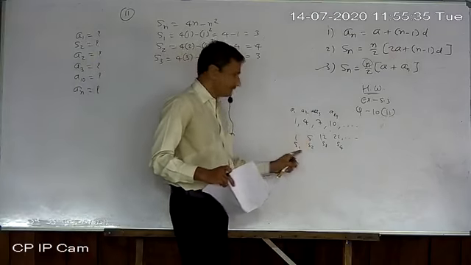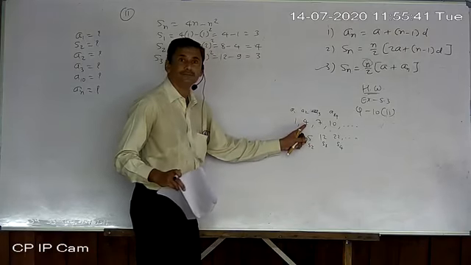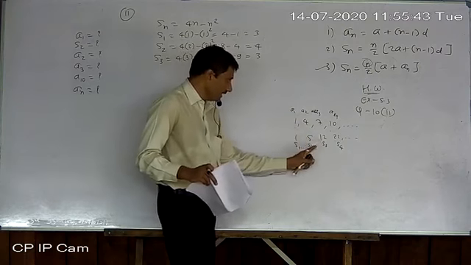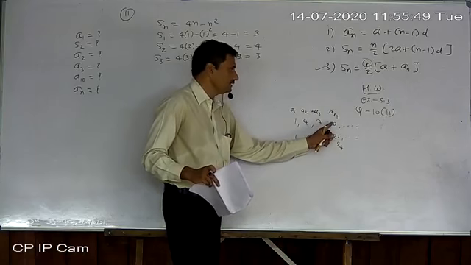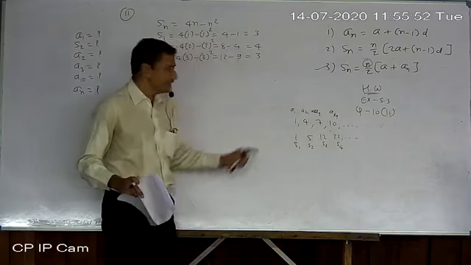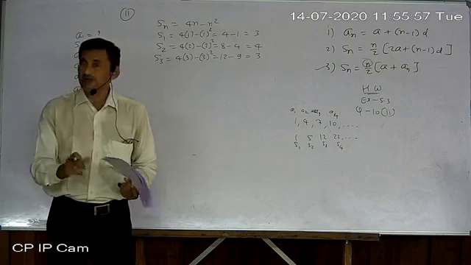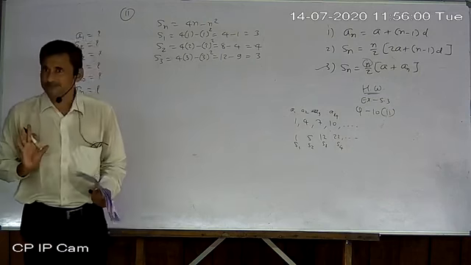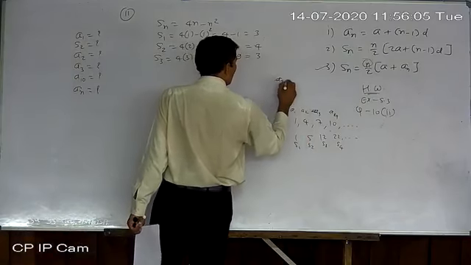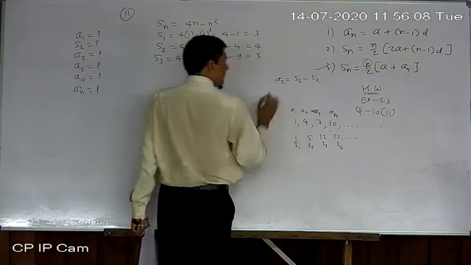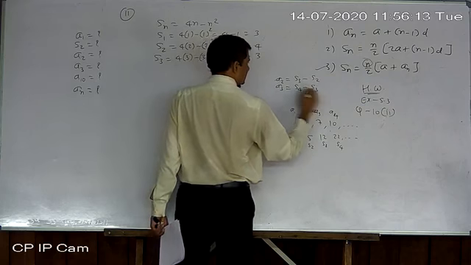If you subtract S2 minus S1, then you will get A2. If you subtract S3 minus S2, 12 minus 5, that is 7. 22 minus 12, that is 10. So you understand? If you have S1, S2, S3, S4, then it is not difficult to find A1, A2, A3, A4, that means the AP. How to find? If you want to find A3, then you have to find S3 minus S2. If you want to find A4, then you have to take the difference of S4 minus S3.